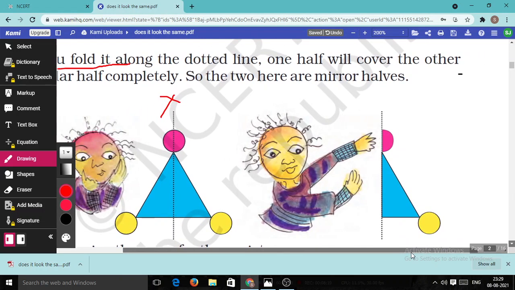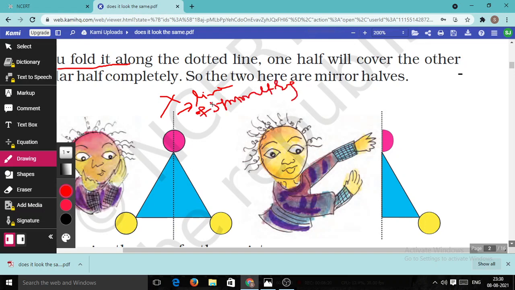If you observe this picture carefully, you will find that this line is called the line of symmetry. This is called the line of symmetry. Why is this called the line of symmetry? Because it divides the shape into two equal parts. Here, look, this portion and this portion are the same. Again, this is the same with this portion, and this is also the same. If they fold, then they will get a shape like this, which exactly matches. So this is called a mirror half. Then we turn toward the next topic.